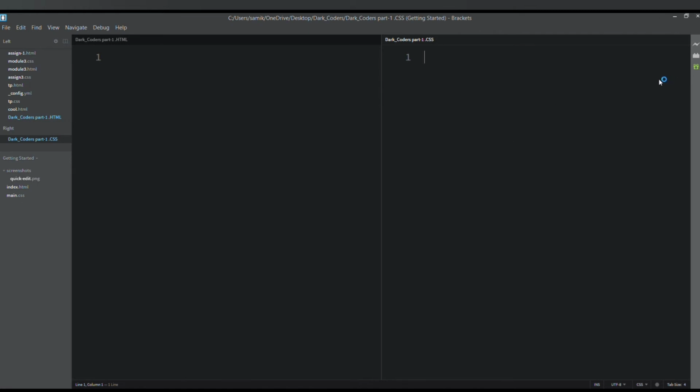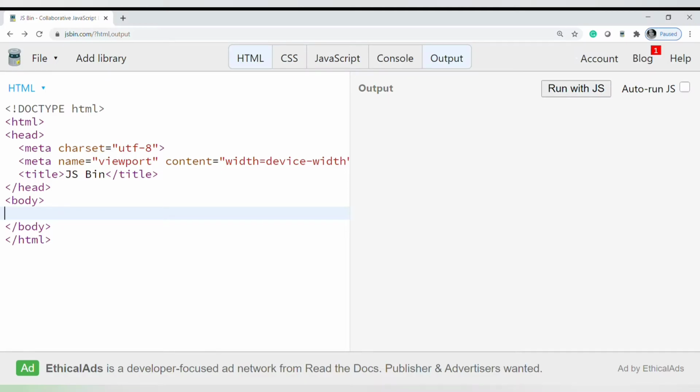So guys, we are on our JSBin. Maybe you are familiar with JSBin software. We have used it in one or two videos for HTML, but now we will be using it most of the time. One bad thing about JSBin is that I have to log in every time, and sometimes I even forget the password.